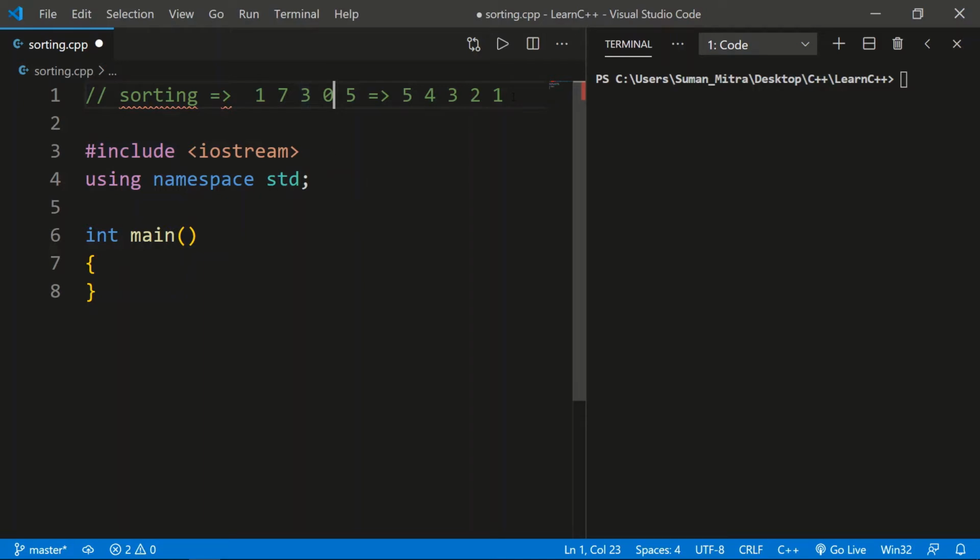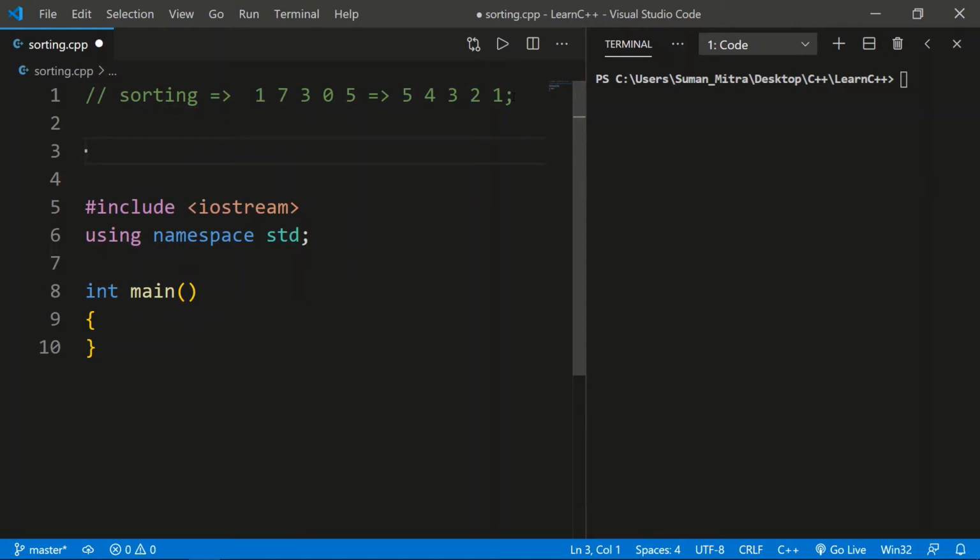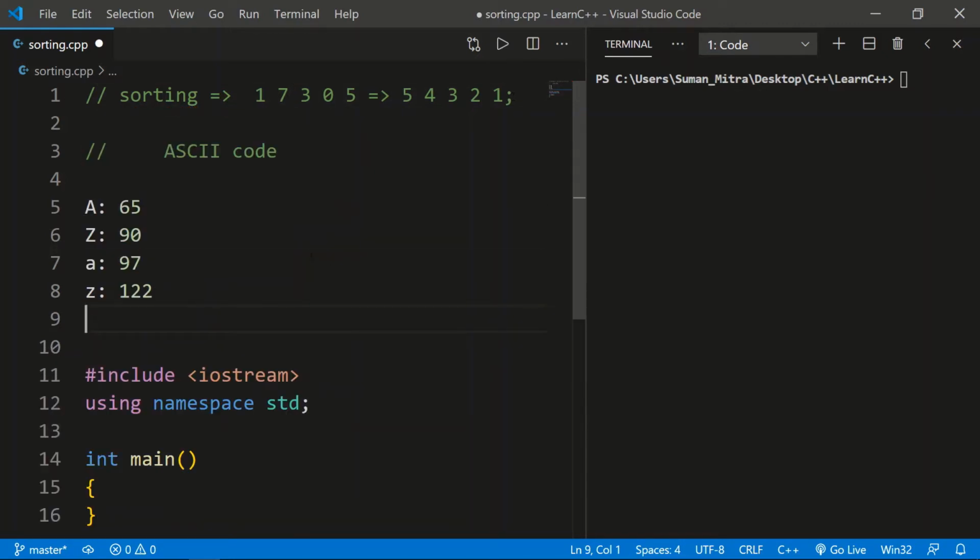Before learning sorting, I want to give you one small introduction to ASCII code. So this is the ASCII code. Every alphabet, starting from A to Z and small z, has one integer number related to it. You can use a relational operator, like if A is greater than Z, then it will give false, because A is 65.